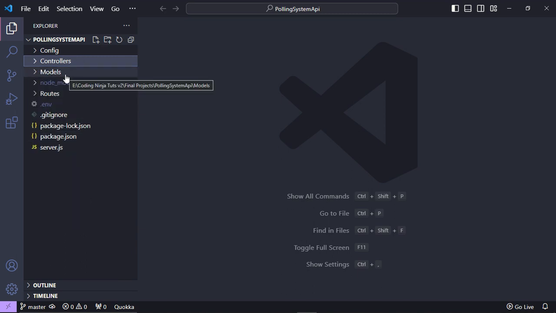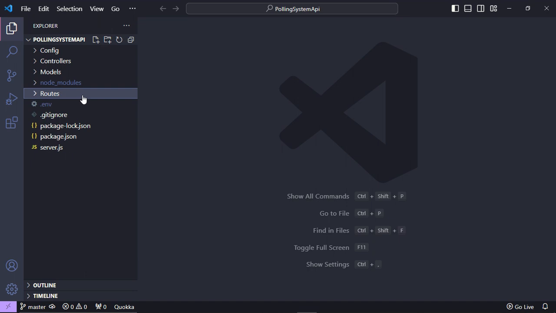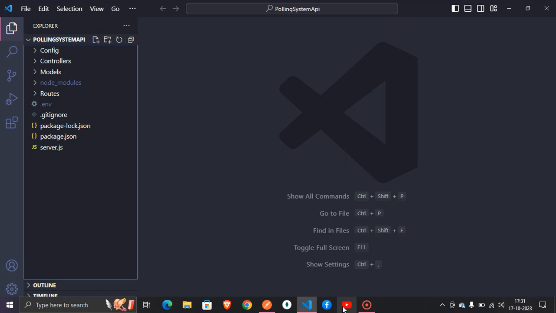Another folder is with the name models, in which all the collection schemas are mentioned, like for vote, questions and the options. And the last folder is with the name routes, in which all the information related to the paths of the API are stored, like related to the options or the questions. Then the index file will decide the route, whether the route needs to be sent to the option or the questions routes. And the rest of the files are the general files, like the server file will be responsible for initiating the instance of the server. So now let's discuss the APIs one by one.